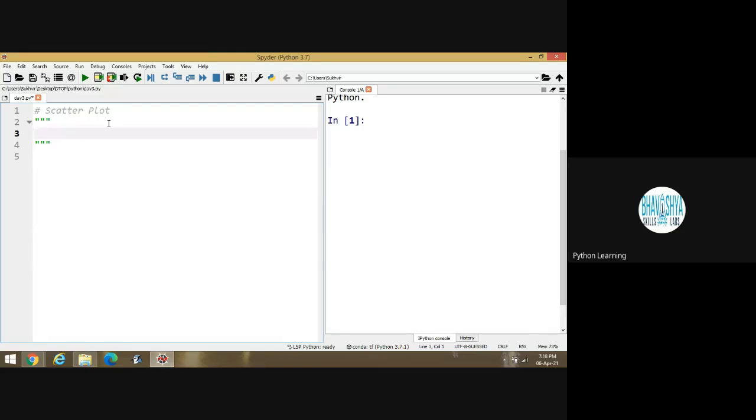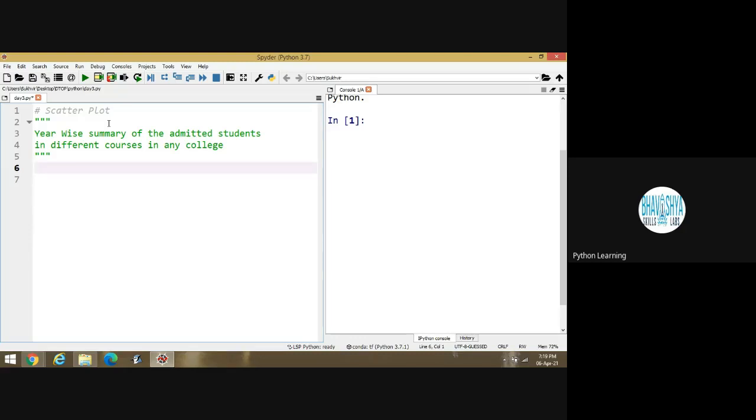I have to display a year-wise summary of the admitted students in different courses in any college. So this one is the target point: a year-wise summary of the admitted students in different courses in any campus or any college. Suppose this one is the target point in terms of scatter plot.